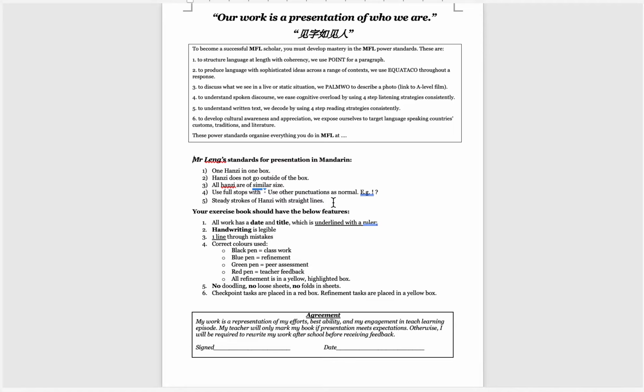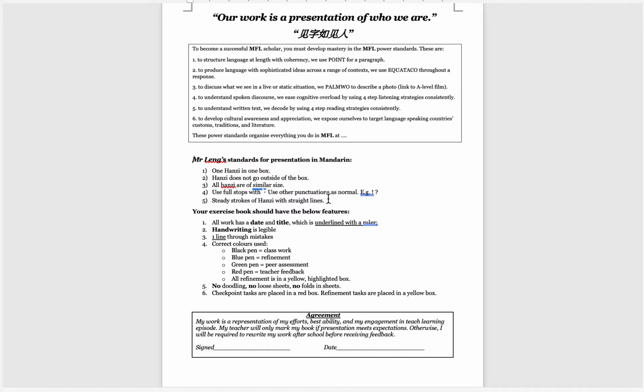So for the moment, I just ease brain overload with straight strokes expectation. Now you might have your own rules, and this is just mine. Now, for this part, if any teachers have more suggestions, not too specific, just general suggestions to hold students to account, please let me know.